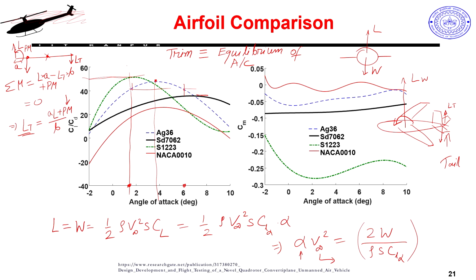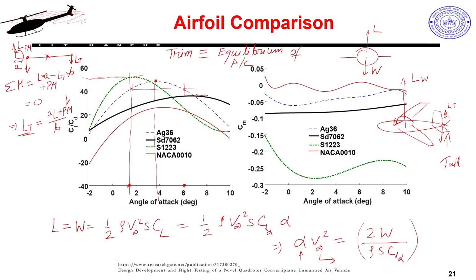It would be constant. We will have to increase B to counter it. No, it is not necessarily true actually, because I may have constraints over the dimension. I cannot make it unnecessarily long. I may want to do it for a particular mission where I have to fit it inside something. So, there are all kinds of constraints.